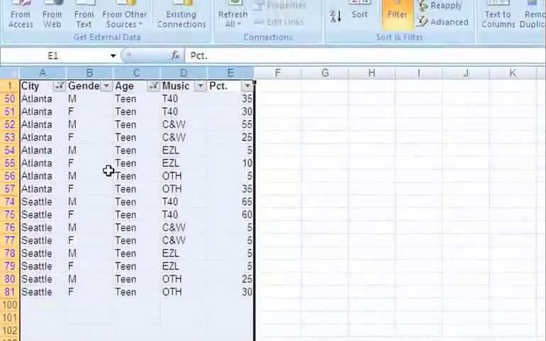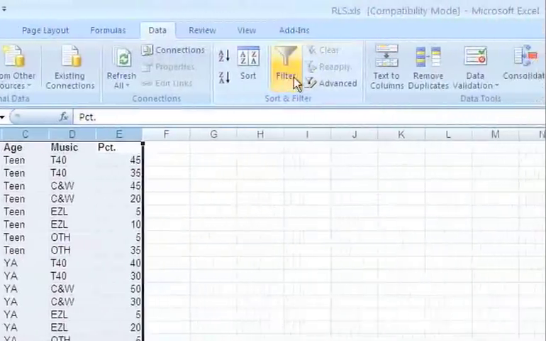So filters are one way to do it, but it's not the best way to try this if you have, like I said, a large spreadsheet. So let's go ahead and create a pivot